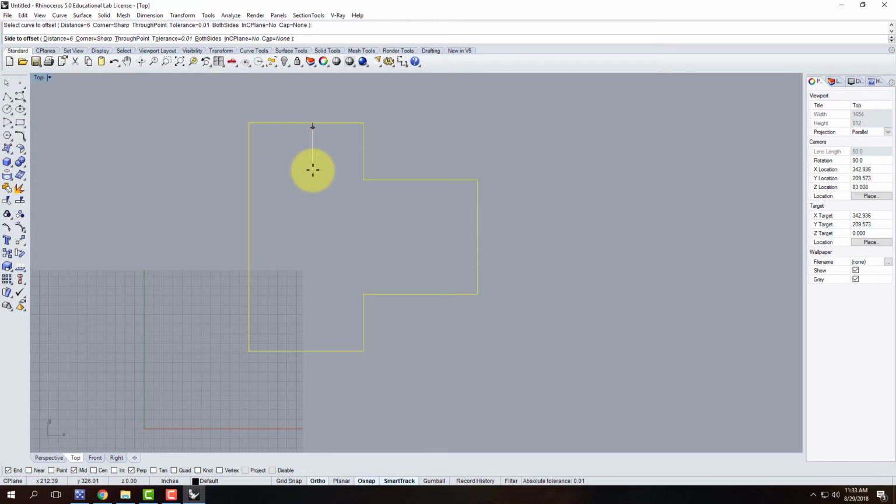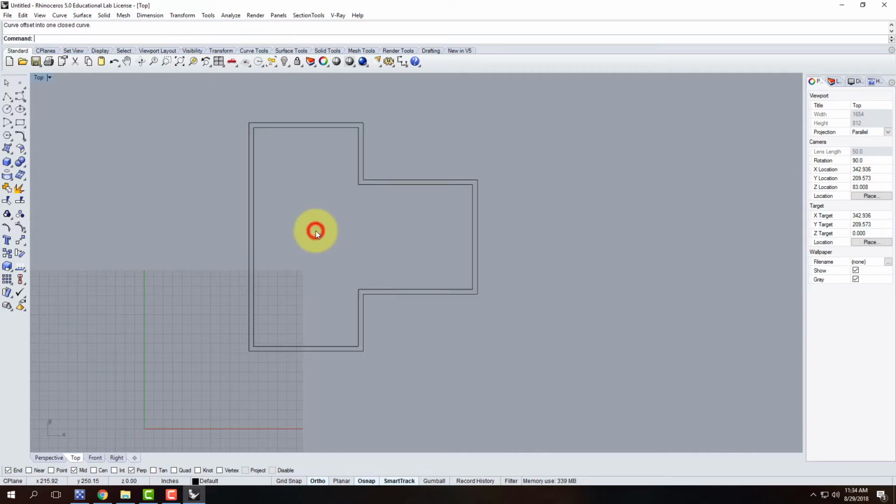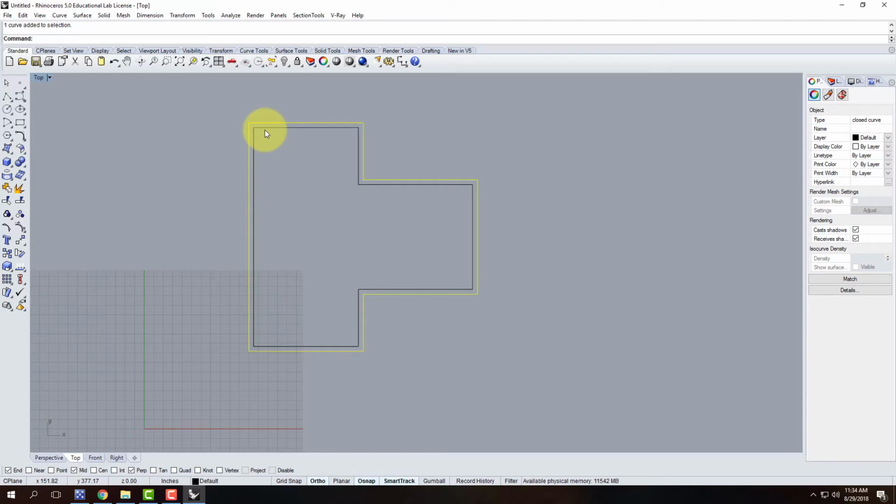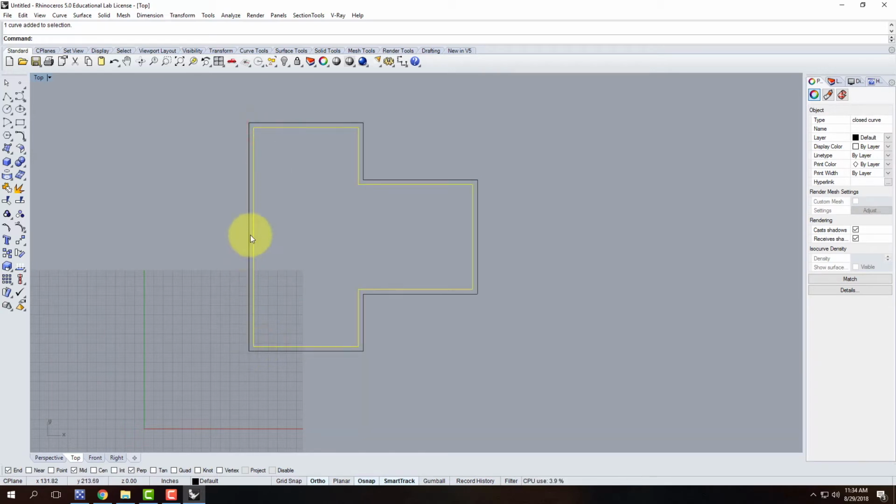Once I've selected that curve, you'll see that it says side to offset. That means, do I want it to the inside or do I want it to the outside? Depending on whether I move the mouse to the outside or to the inside, it's going to make my curve on either the outside or the inside. I want it toward the inside, so I'm going to move my mouse to the inside here, and I will click once. And so it created a copy of the line that I had